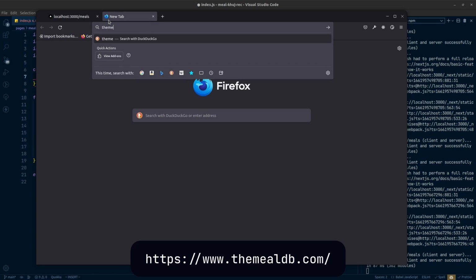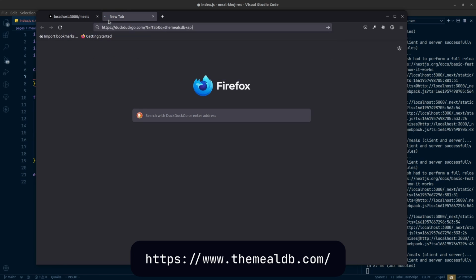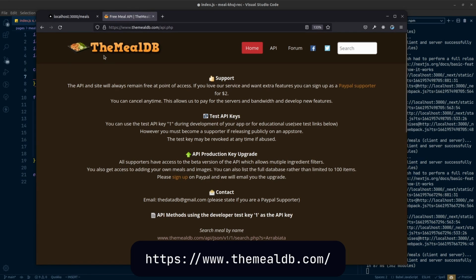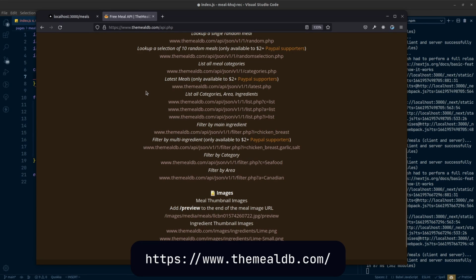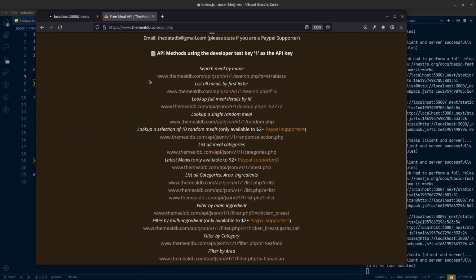I think the meals DB API, if I search that, yes, I think this is the one. So you can see, this is the meal DB. That is the name of this API, and if you come here, the mealdb.com, you can find their API, and they have very nice APIs available to use, and this is what I will use. And for our Axios, I will actually set the default URL. So this is the default URL for this,